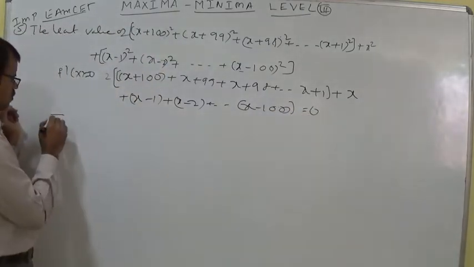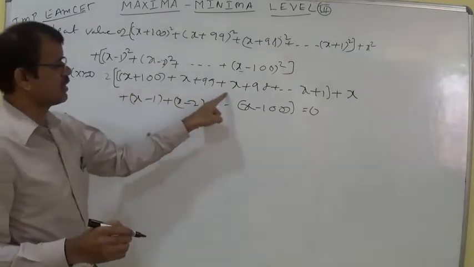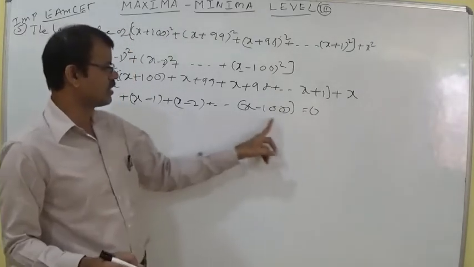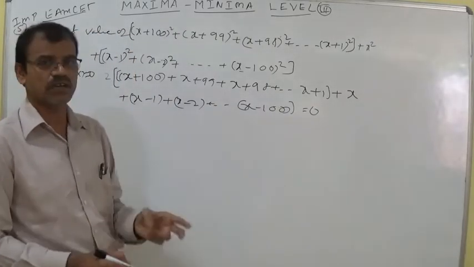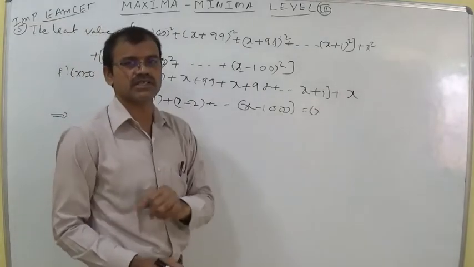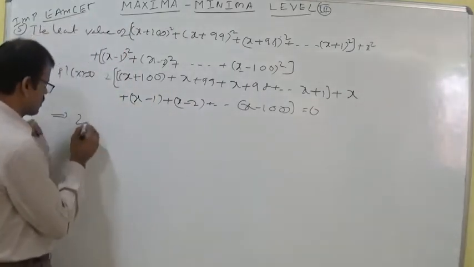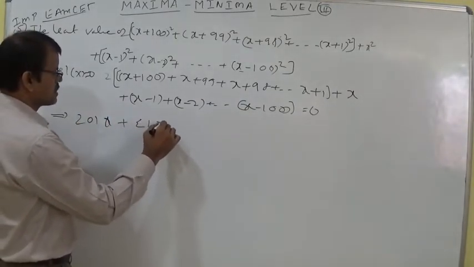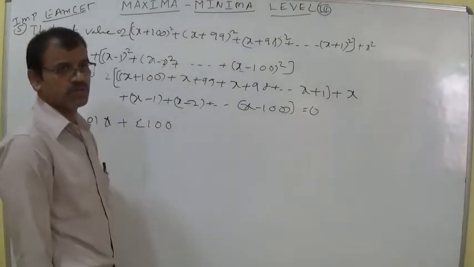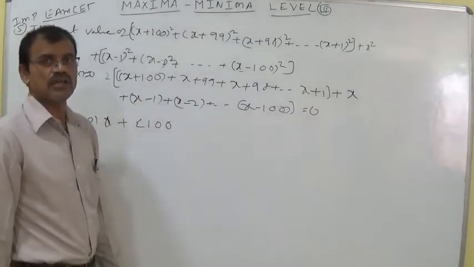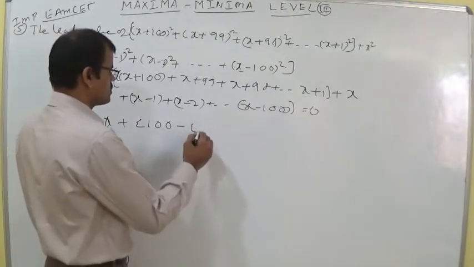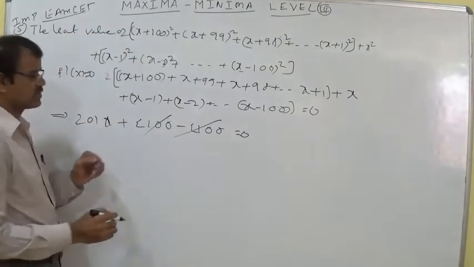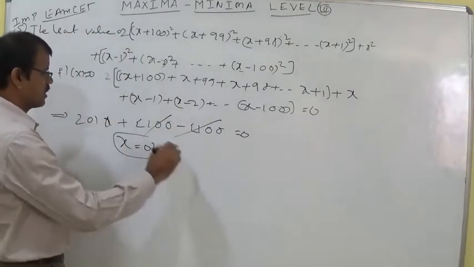Divide by 2. You can understand here, these are 100 terms from 1 to 100, and these are 100 terms from 1 to 100. So 100 plus 100 is 200 terms, and this is a separate x, so 201 x's are there. 201x plus sigma 100, 100 plus 99 plus 98 plus so on, these are the first n natural numbers, sigma 100, and this is minus sigma 100, equal to 0. Sigma and sigma 100 get cancelled. 201x is equal to 0. Then you get the value x = 0.